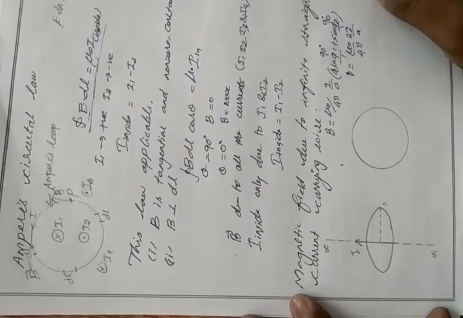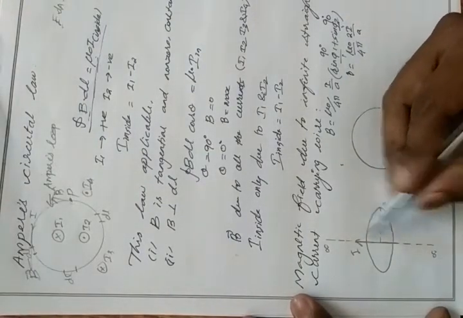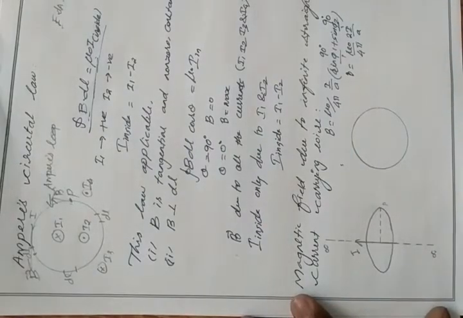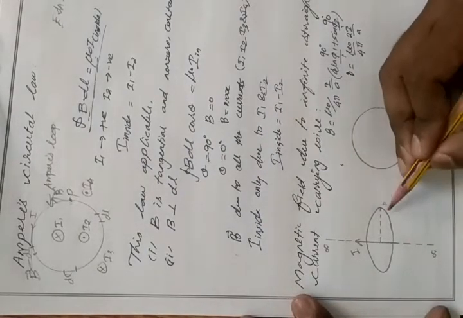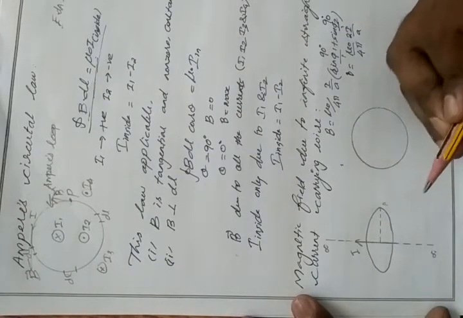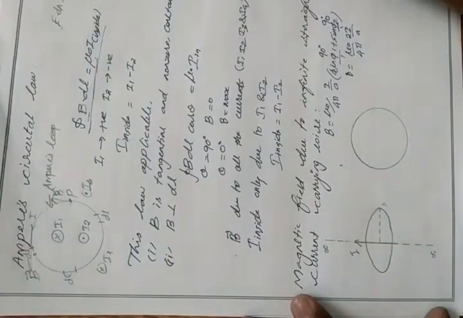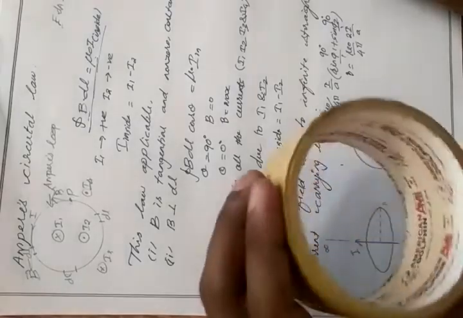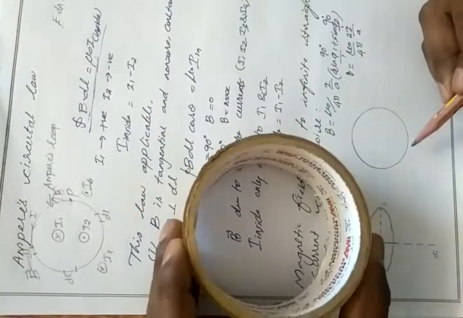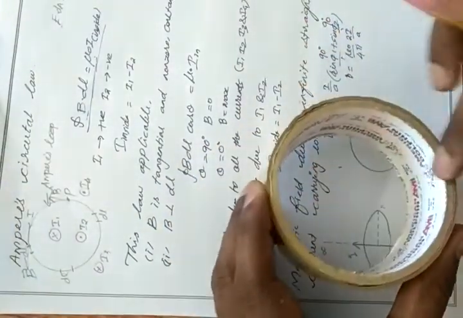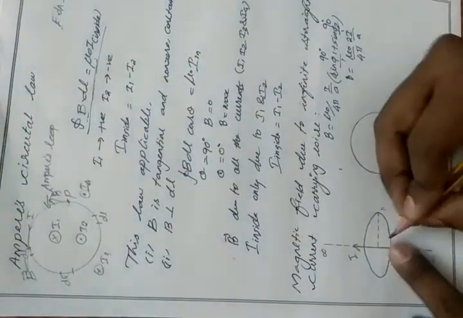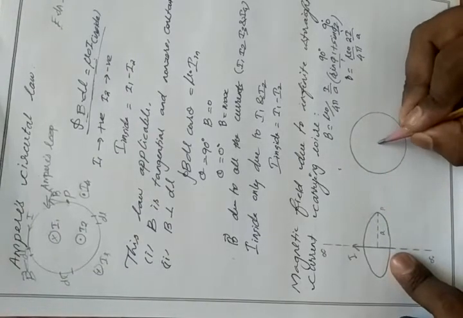So consider an infinite wire which carries current I. Consider a point P where we have to calculate the magnetic field. At the point P, as usual, we have to draw one loop. That loop is known as Ampere's loop or Ampere's circuital loop. In this loop we are going to find the magnetic field. This is the top view of the loop. If you look from the top, it will be visible like this. The radius of the loop is taken as A.